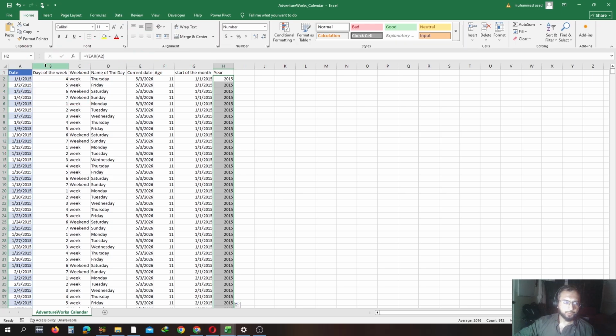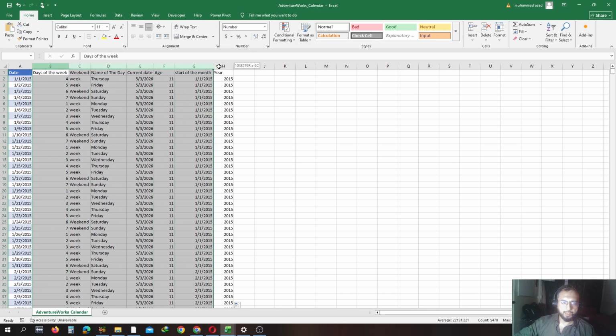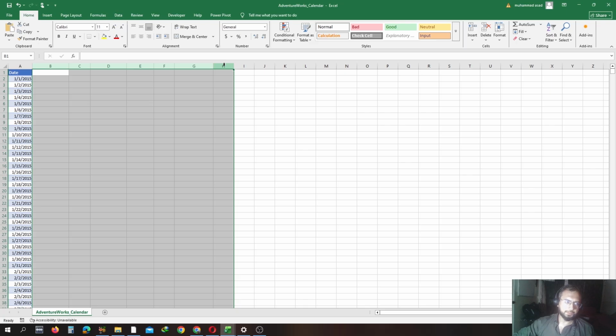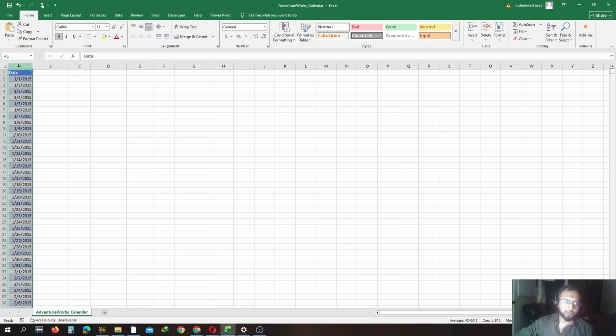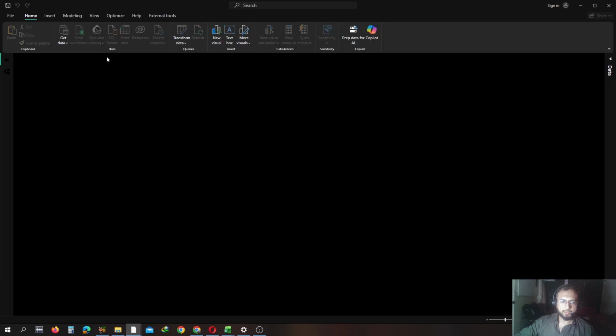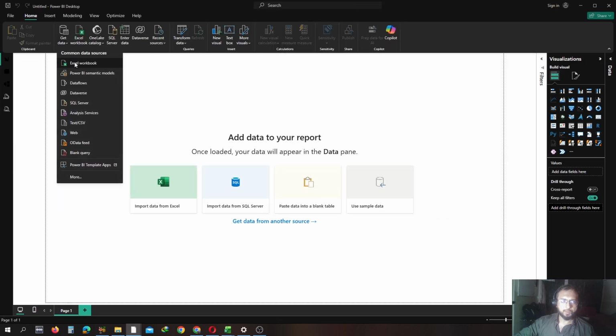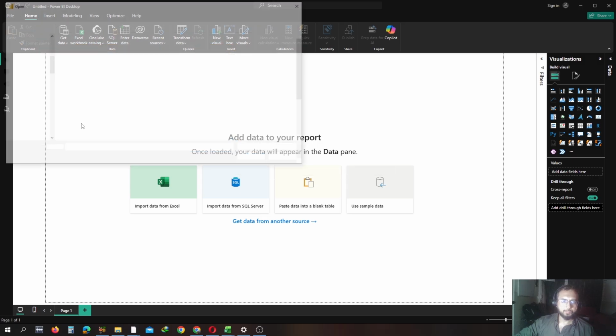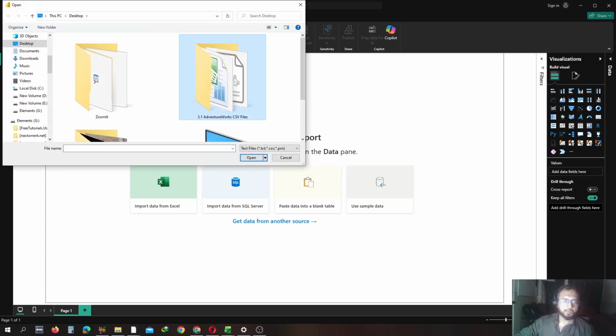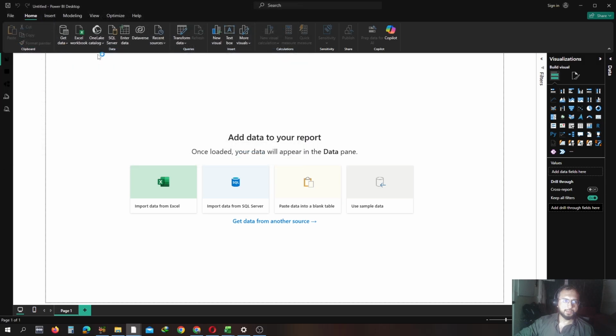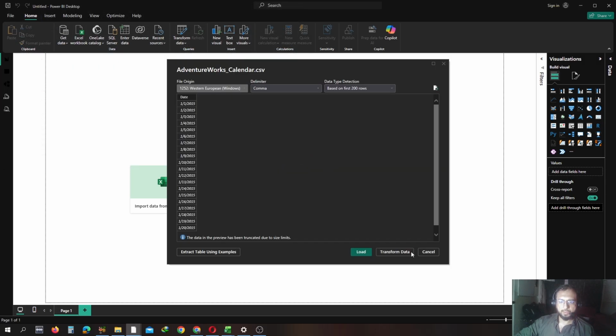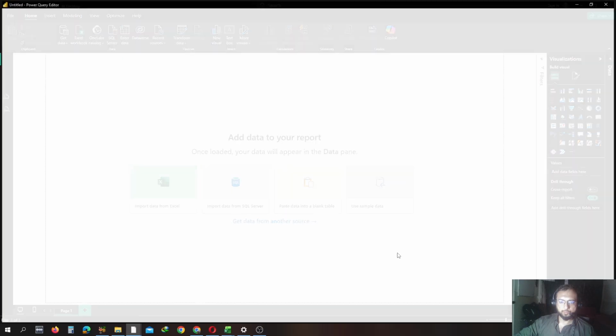Now I'm going to select from here till here and press the delete button. Now we are going to move on to Power Query Editor and do the same thing. I'm going to click on blank report. In the blank report, I'm going to connect a CSV file, and the CSV file again I'll select the calendar, and I will click on transform data,